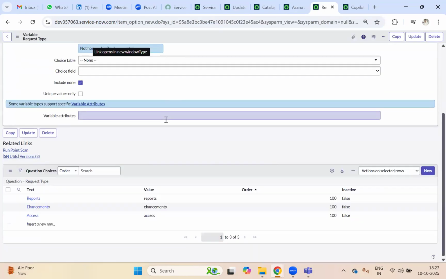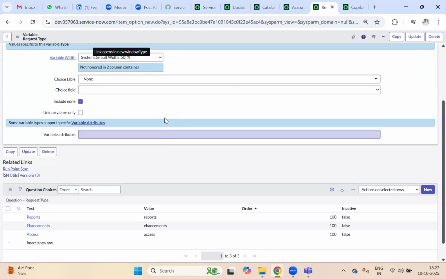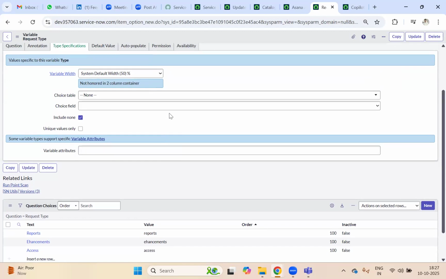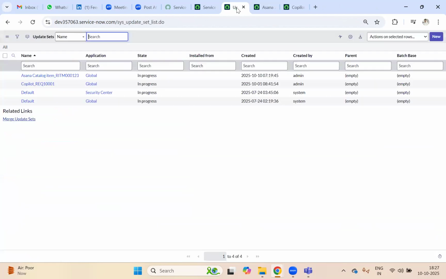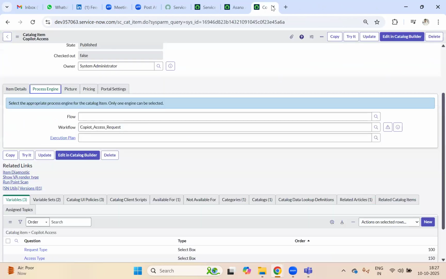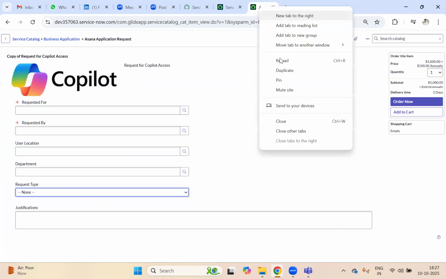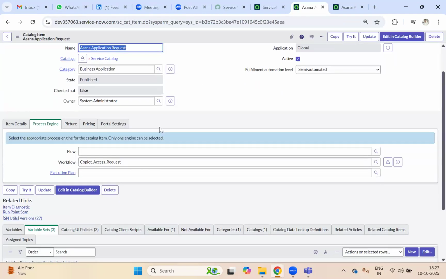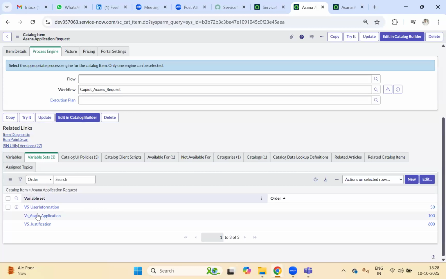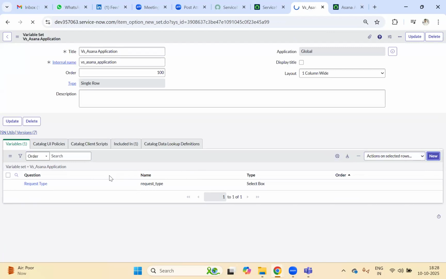Now what is our requirement next? When I select access, I need to have access types. What is that? Access type. So let's go to our catalog item again. Always you should be using this one, duplicate it. On one page you would be doing the configuration, on the other page you would be doing the testing. So go to Asana variable again, one variable is there, next variable